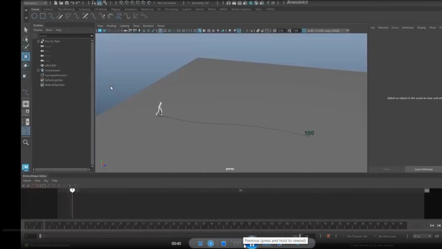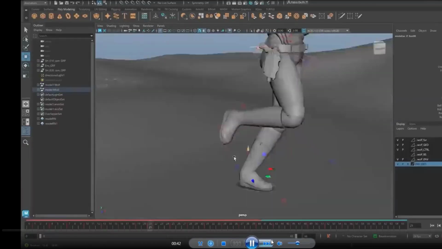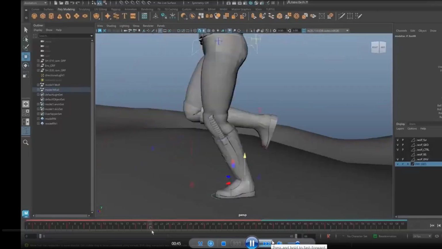So I continue first. Let's be real. Animating locomotion sequences is labor intensive,